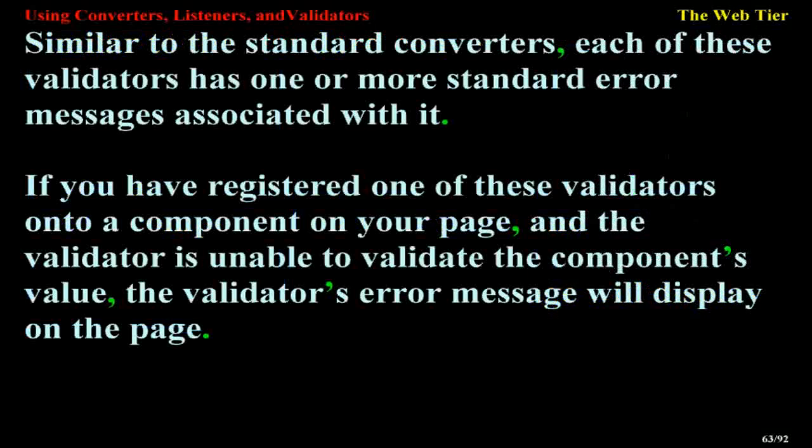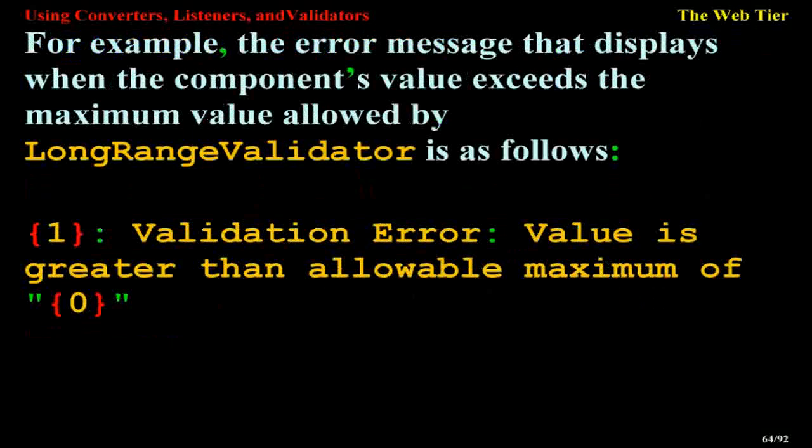Similar to the standard converters, each of these validators has one or more standard error messages associated with it. If you have registered one of these validators onto a component on your page, and the validator is unable to validate the component's value, the validator's error message will display on the page. For example, the error message that displays when the component's value exceeds the maximum value allowed by LongRangeValidator is as follows: {1}: Validation Error: